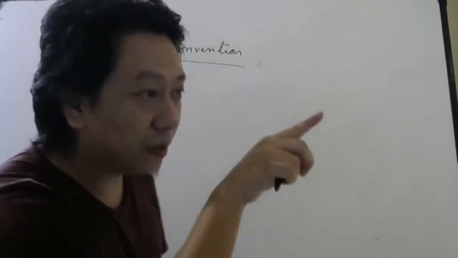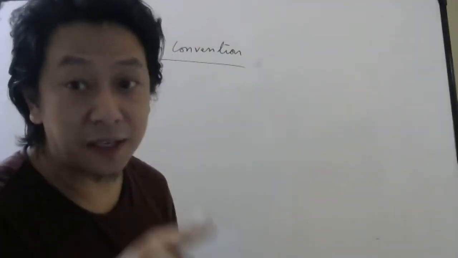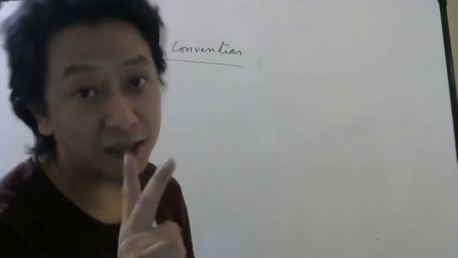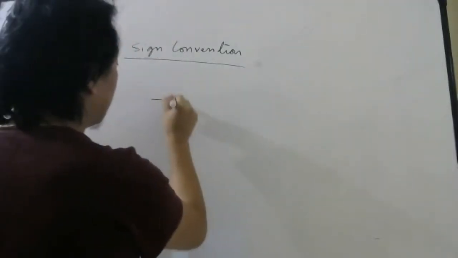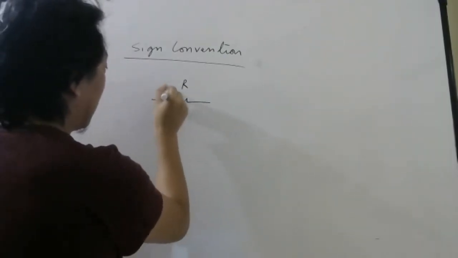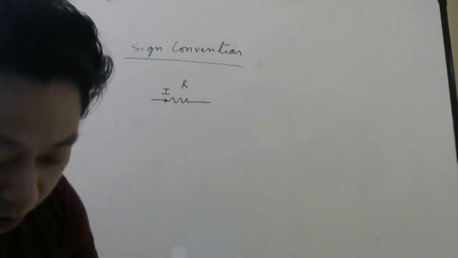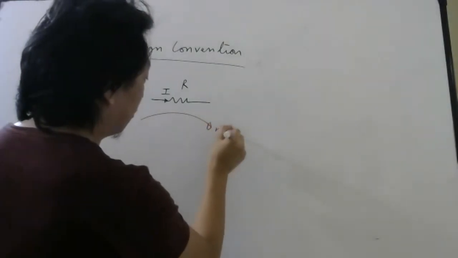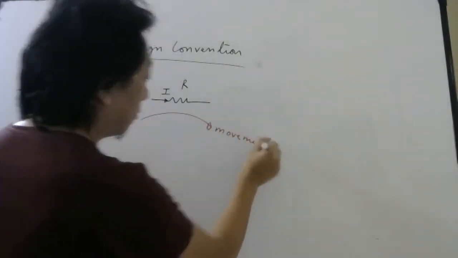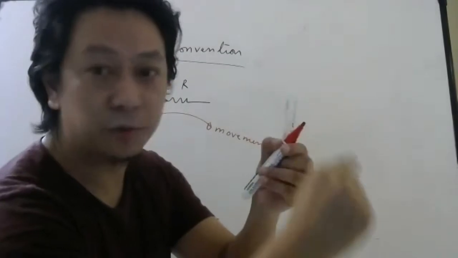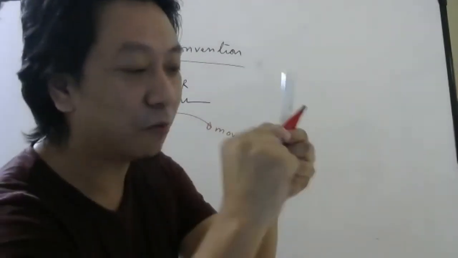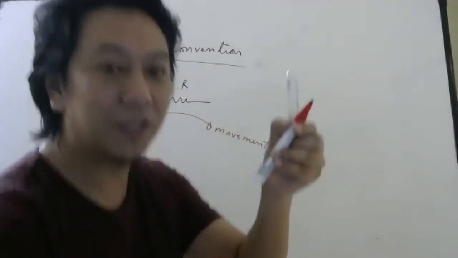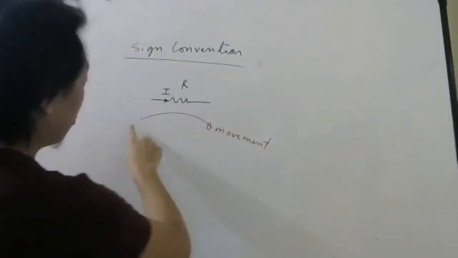So as you move in the loop, what you may find, I told, resistors or batteries. Let us say there is a resistor like this, and there is a current I like this. Now, suppose you are moving this way. Movement means when you are going in the loop, you have to start from one point, go there, go there, and come back. So suppose you are going this way.